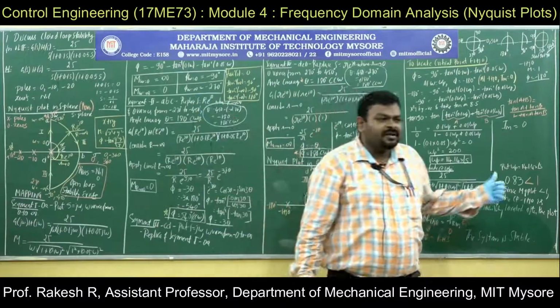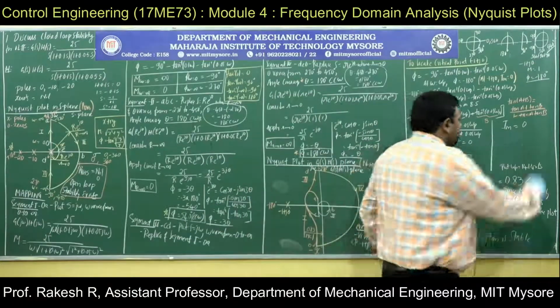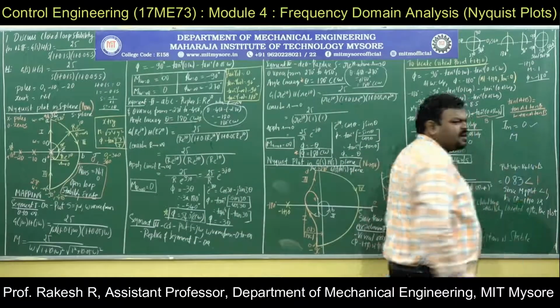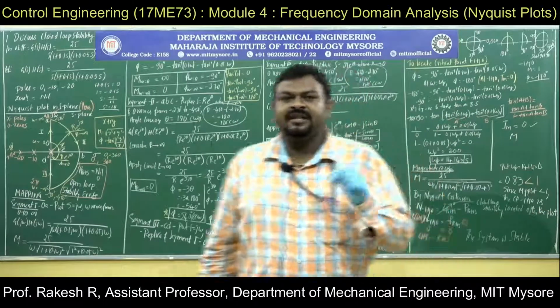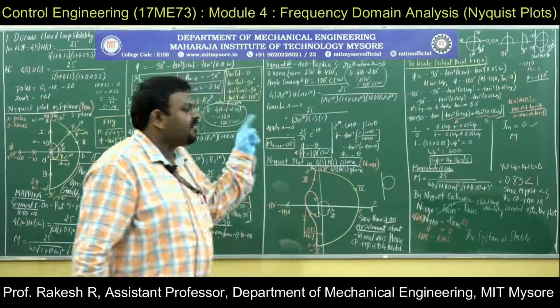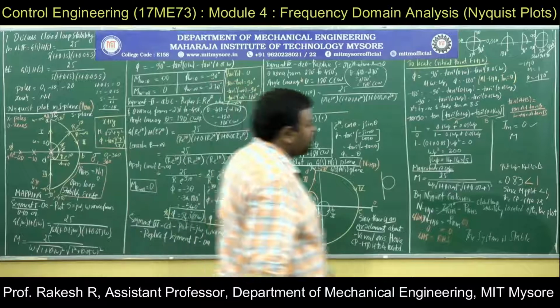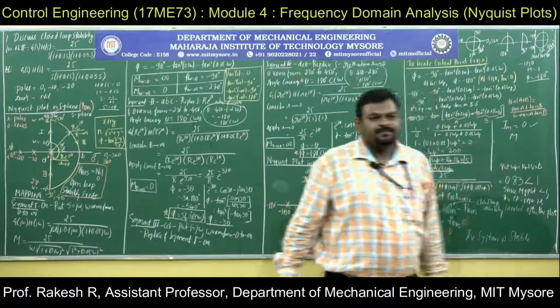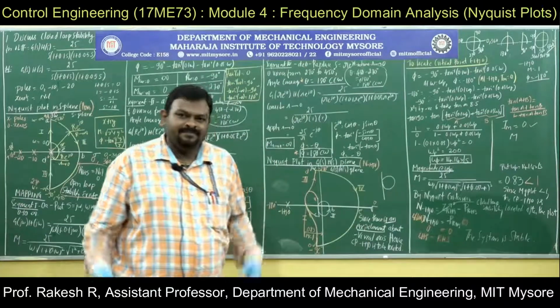The same thing we will be doing when the imaginary part is equal to 0. This is also another condition. You can find the magnitude using this. In the last problem I will probably use this also, because there are 3 trigonometric functions, tan of a plus b plus c, which will be very difficult to solve. In those cases, you have to use imaginary part equal to 0 only. So this is about the first problem in the Nyquist plot. Thank you.